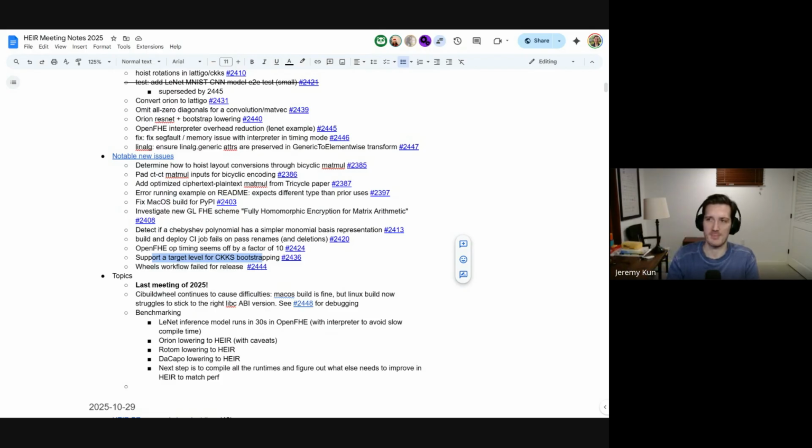I think this also happens at the end of a program if you only have like 10 instructions left and you don't need to bootstrap all the way to the top. But no backend that we know of supports doing this. And the